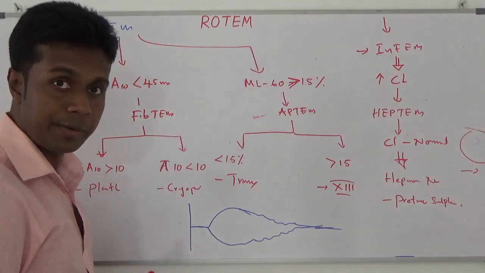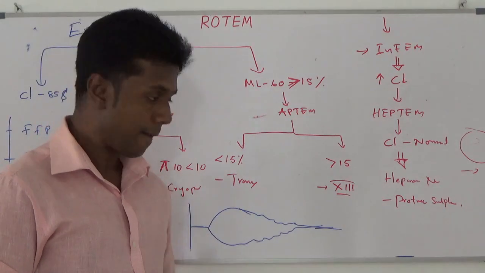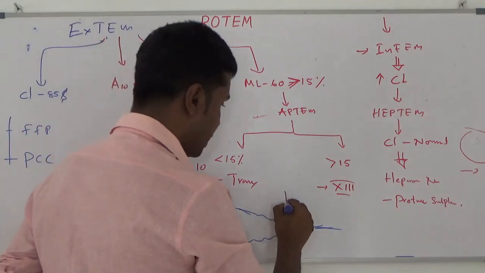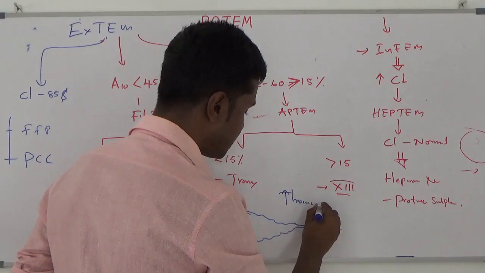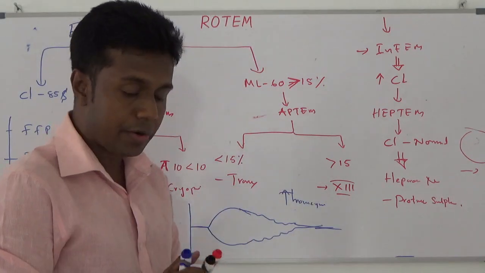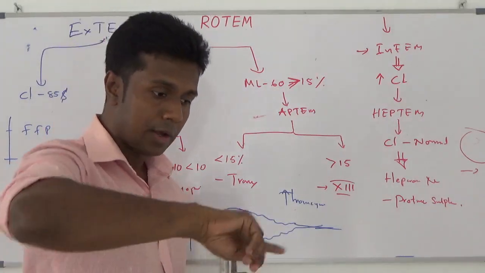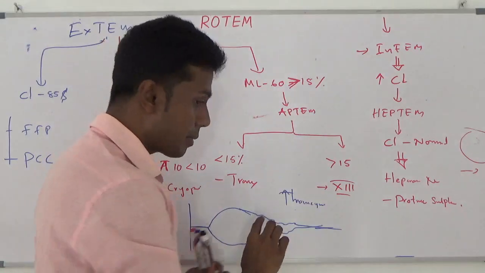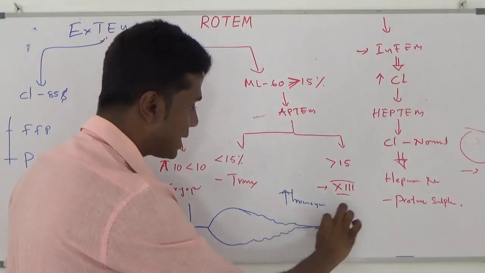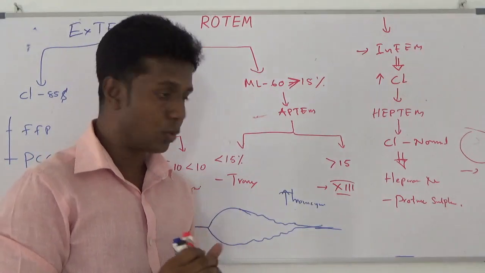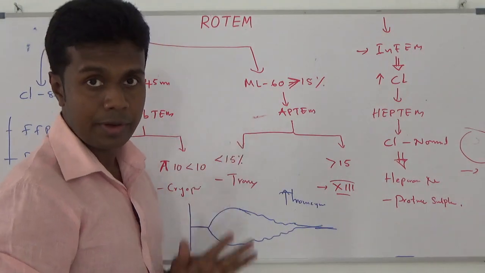Who can answer this one? Why is it erratic? Why erratic proteolysis? In a patient with high platelet count, a thrombocytosis patient, may have clot contraction and retraction rapidly because of the larger amount of platelets. Because of that, when you are rotating it, sometimes the clot may break down rapidly and the clot contracts rapidly. So because of that, this lysis process is not that smooth. You can see this kind of picture in your ROTEM if you are lucky enough.